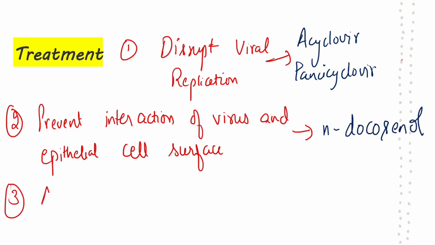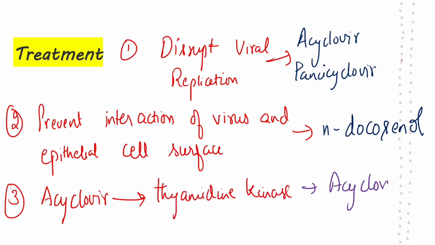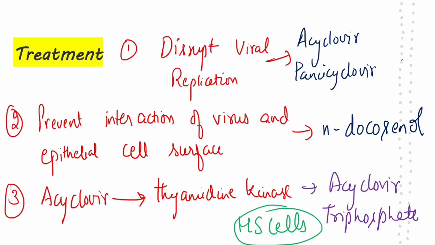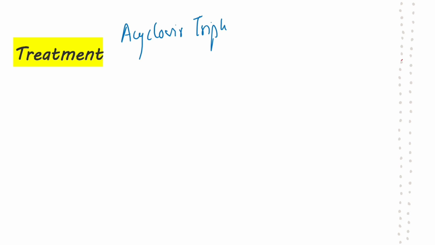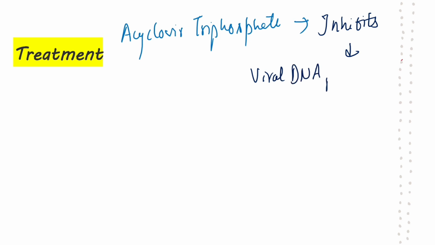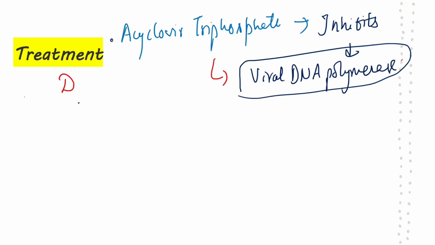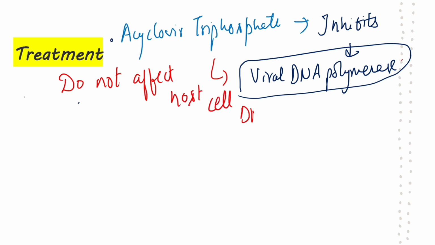Acyclovir undergoes conversion by a viral enzyme called thymidine kinase into its active form, that is acyclovir triphosphate, within the herpes infected cells. Now, acyclovir triphosphate competitively inhibits the viral DNA polymerase, which is essential for viral DNA synthesis, without affecting the host cell DNA polymerase. This mechanism ultimately interrupts the viral DNA synthesis while preserving the cellular DNA synthesis, leading to the suppression of viral